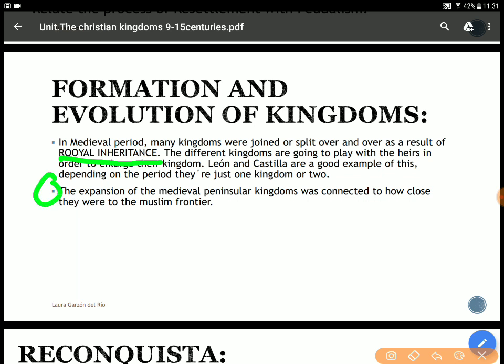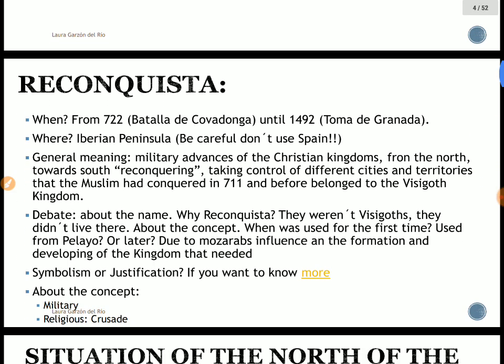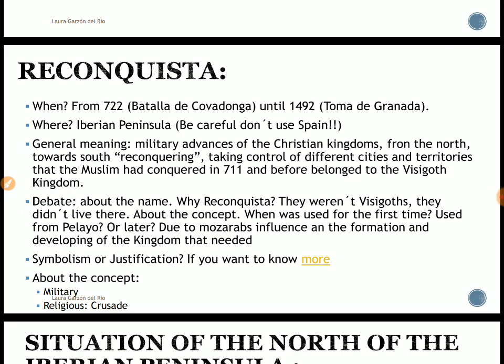And also the expansion, as we can see in the maps, is going to be connected to how close they were from the Muslim frontier. So depending on that, they're going to be bigger or smaller. We're talking about Reconquista. Reconquista is considered the period that goes from 722, the Battle of Covadonga, remember the text we have read in class, until 1492 when the Reyes Católicos